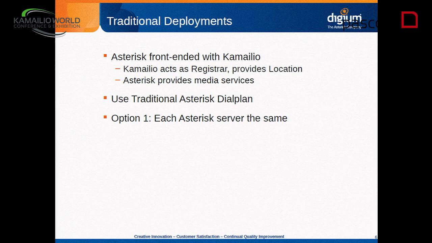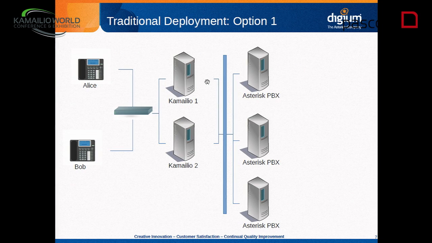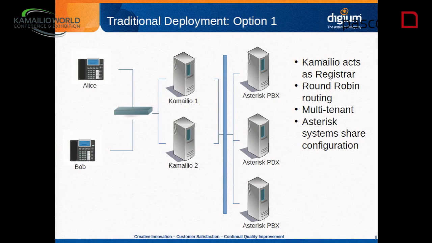So first of all, let's assume that we're going to try to make every Asterisk server the same. There's going to be a lot of hand-waving as I operate at a very 100,000-foot view, dropping all sorts of things out of it. So let's say I've got a cluster of Kamailio instances, at least 2, because that's a good idea. And I've got 3 Asterisk servers, maybe more, sitting out behind there. I'll just use the dispatcher module in Kamailio and do some very simple round-robin routing, or maybe use some of the performance routing such that I'm distributing my calls across my servers in an intelligent fashion.